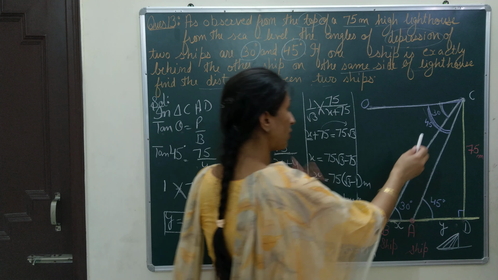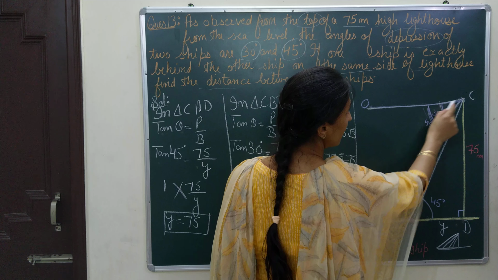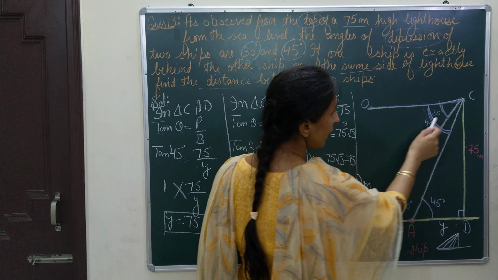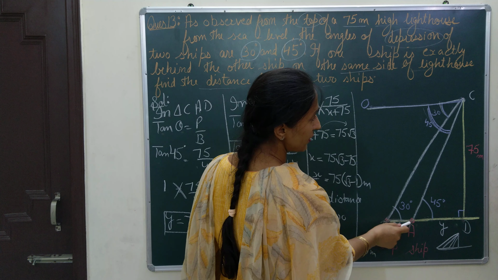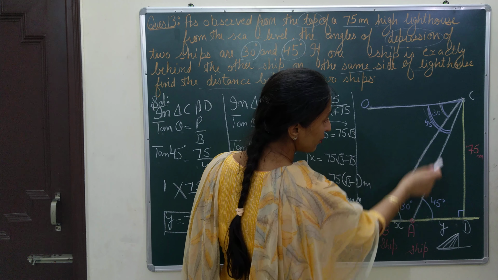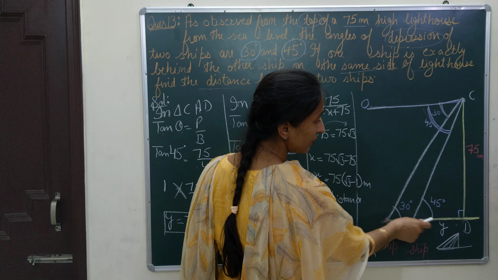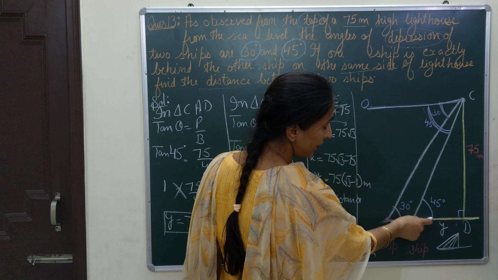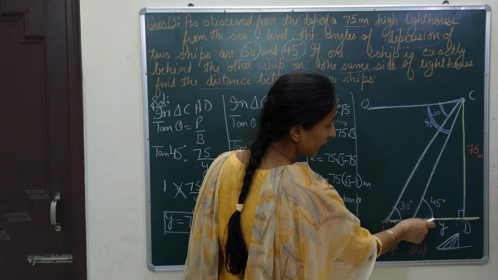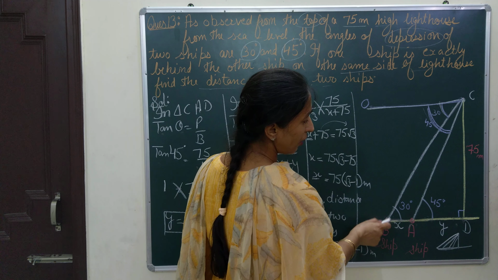And what was the main important thing that you have learned here? That when angles of depression are formed, you have to take both the angles on the baseline. And when you are using alternate interior angles, after using them you will check that the inner angle should be bigger than the outer angle.